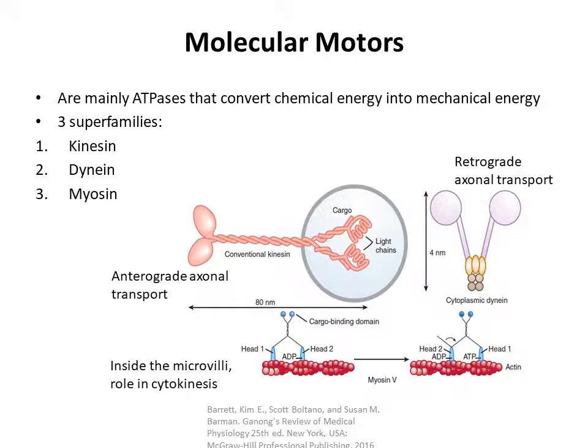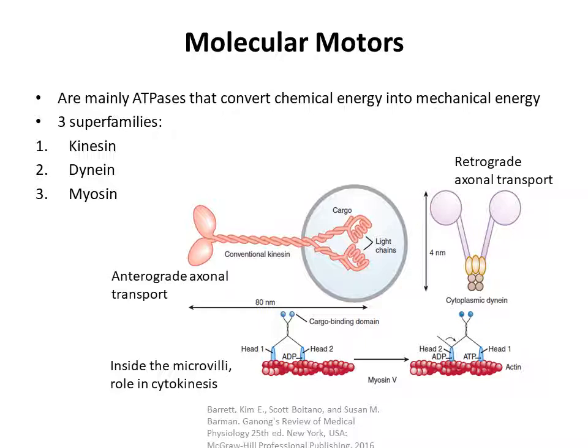These three diagrams show these molecular motors. You can see kinesin is involved in the anterograde axonal transport. That is, it transports towards the positive end of the microtubules, from the cell body to the peripheral process, whereas the other molecular motor, dynein, is involved in the retrograde axonal transport, from the peripheral process of the neuron towards the cell body, from the axon to the cell body. This retrograde transport is slower compared to the anterograde transport. These are some points that you should remember in case you get them in the MCQs.